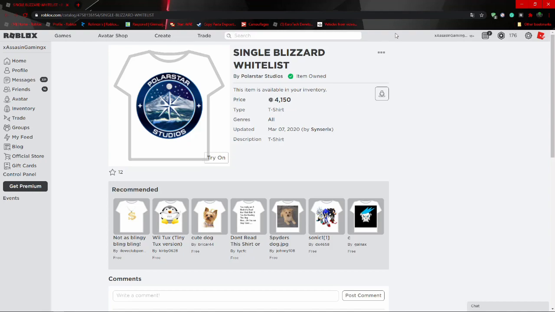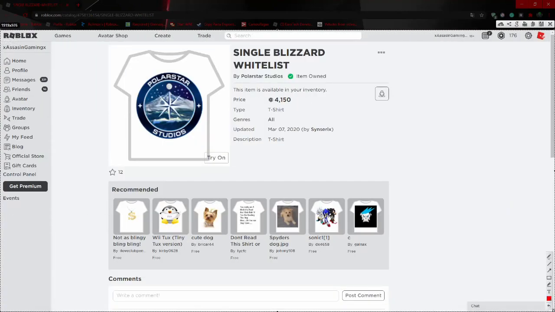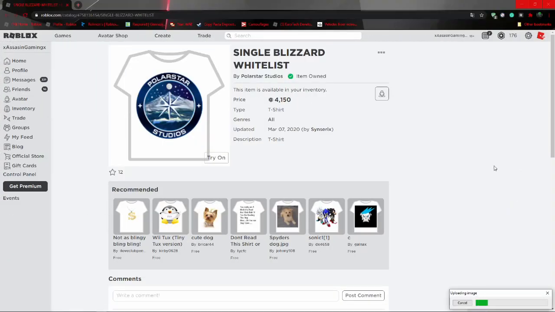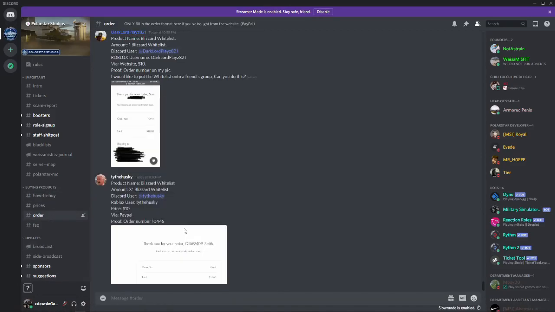Once you buy it, use your screenshot software to screenshot the whole screen, then copy it or save it to your desktop, doesn't matter. In the orders channel you can send links or send pictures. So after that you want to paste it here, or open it here. Then